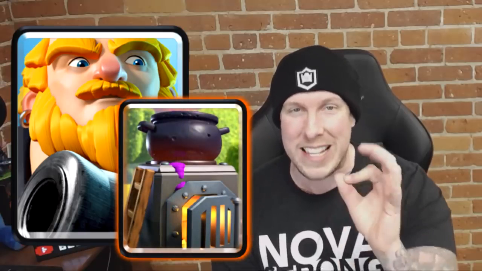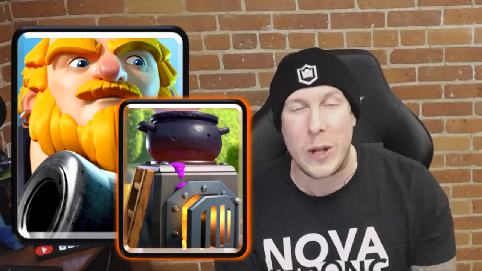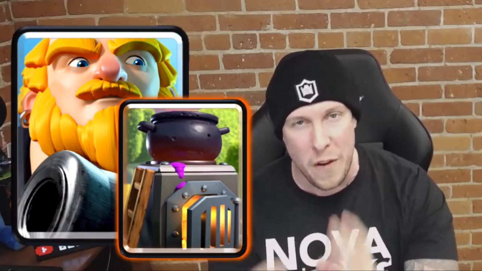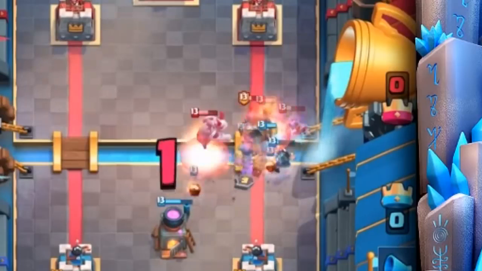Number 9 on the list is a little bit more frustrating than number 10. It is Royal Giant and Furnace. Now, this can be an annoying combo to go against, but there's no doubt about it, it's also an annoying and lethal combination. You have the Furnace to set up with all those Fire Spirits providing that splash damage to